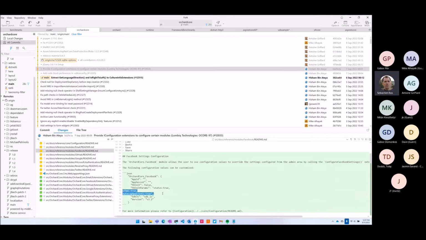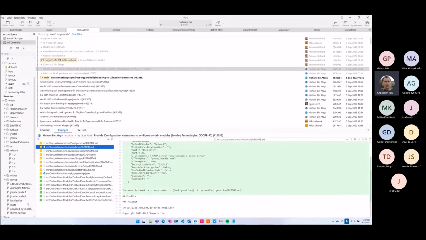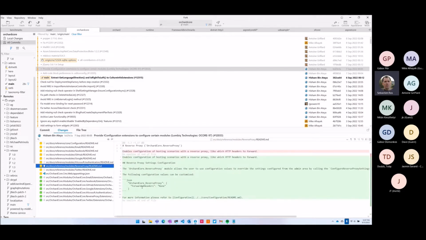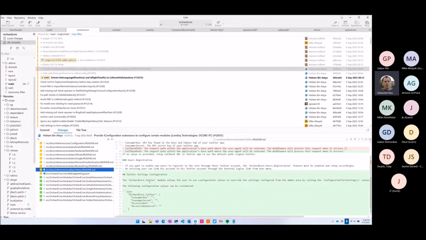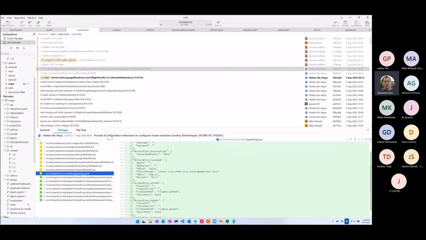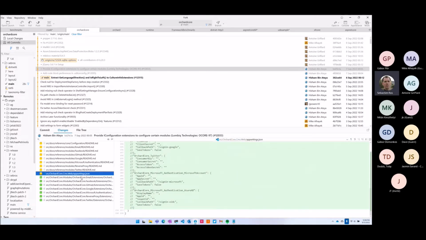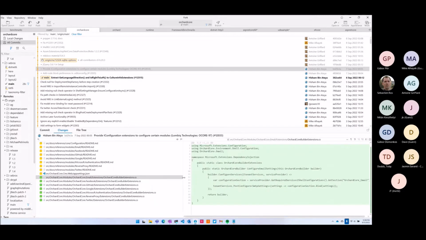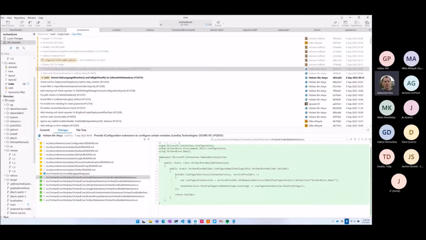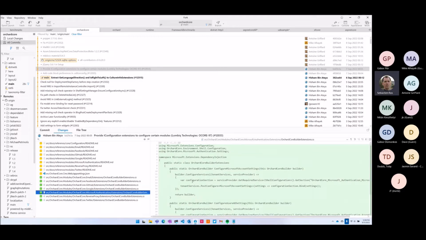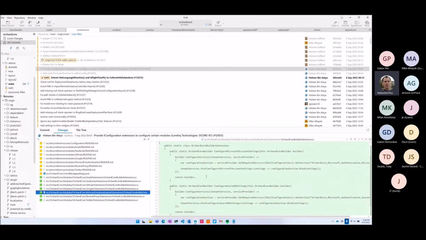I don't know how it looks when the markdown is rendered in this case. GitHub, Google, so it looks like application stuff, reverse proxy, configuration. And Twitter configuration, documentation. But then this is sample, same thing. And then what is this? Okay, it's just more configuration supporting the app settings for different things that were not plugged with options or with configuration.